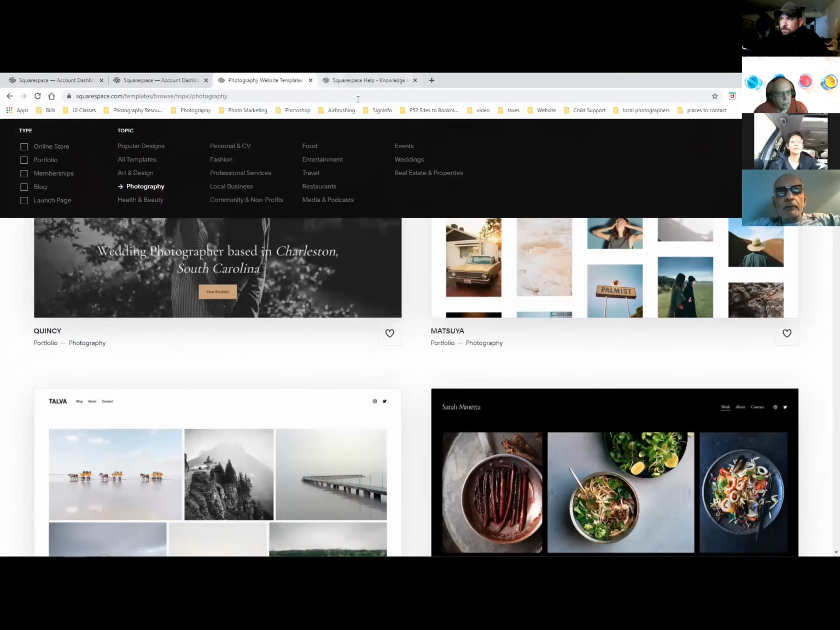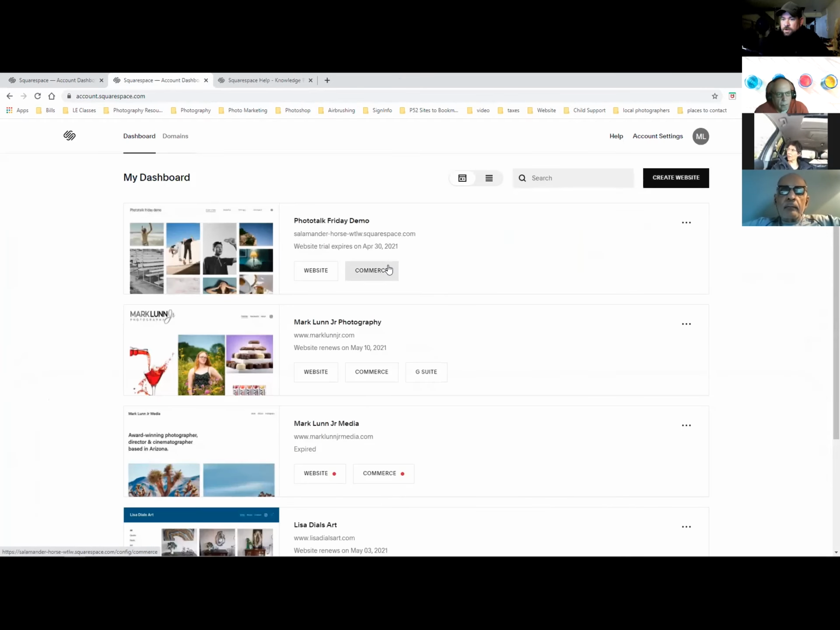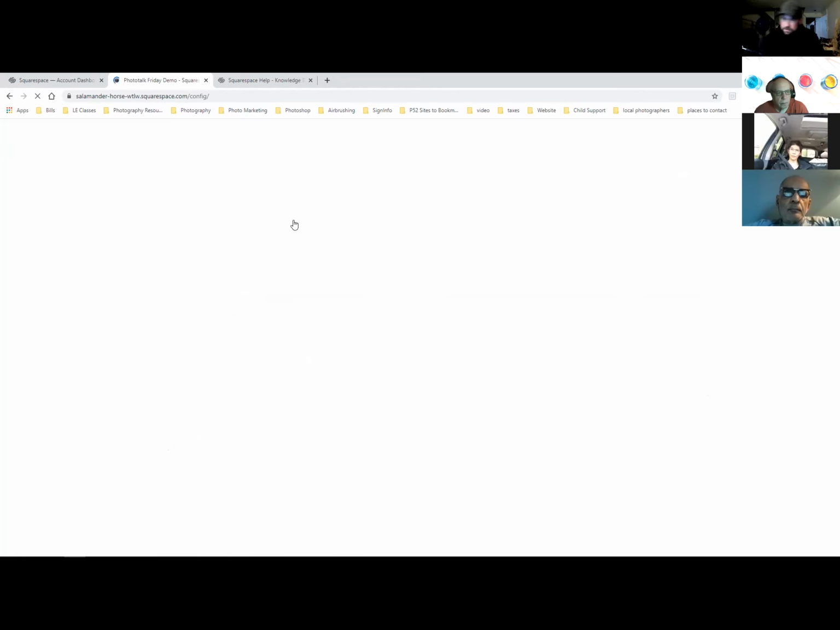So Mark, can you set up a cart with that too? A shopping cart? Yeah. You can, but I didn't want to already. Okay, I'll show you real quick. It's a little bit complicated, but